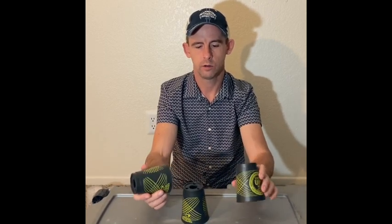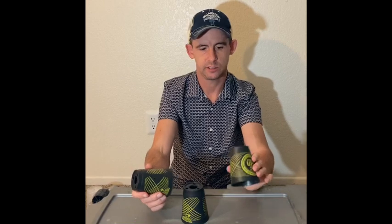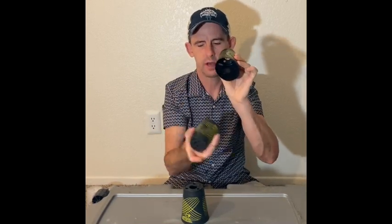Now also you want to barely hold them on the sides. You don't want to squeeze them like that, because when you squeeze them it changes the shape, and eventually it's going to make it where the cup will not come off the cup, it sticks, okay? So you want to grab them nice and easily, okay, on the sides, not on the tops, on the sides,